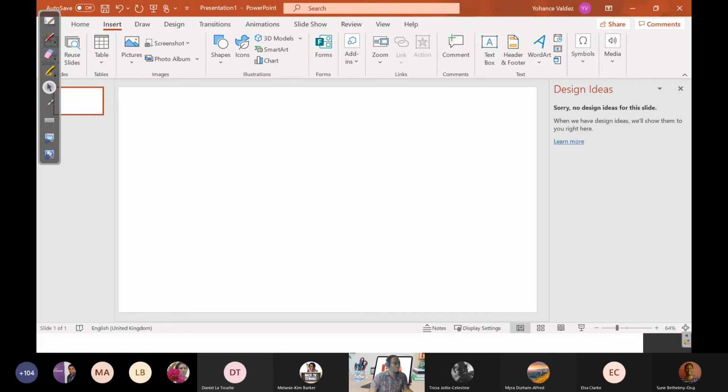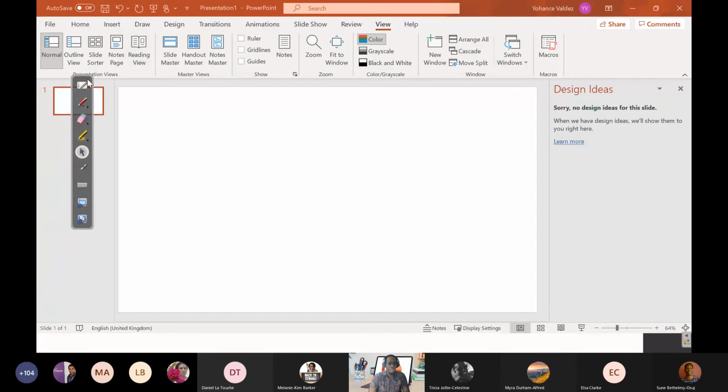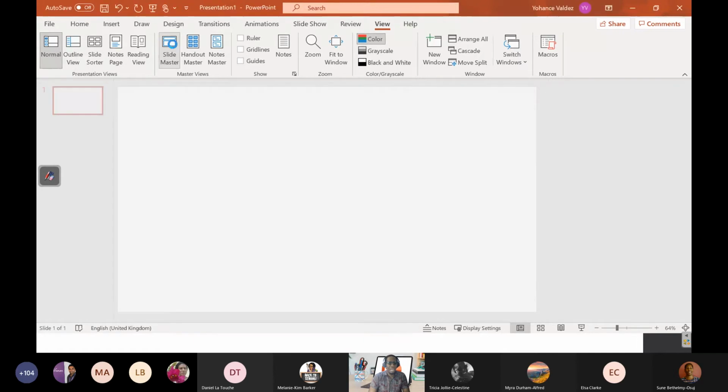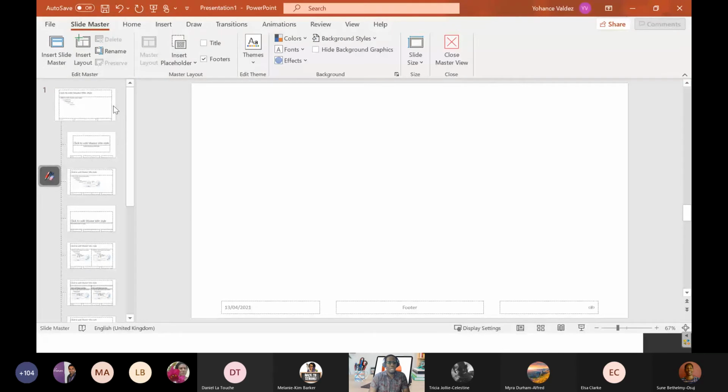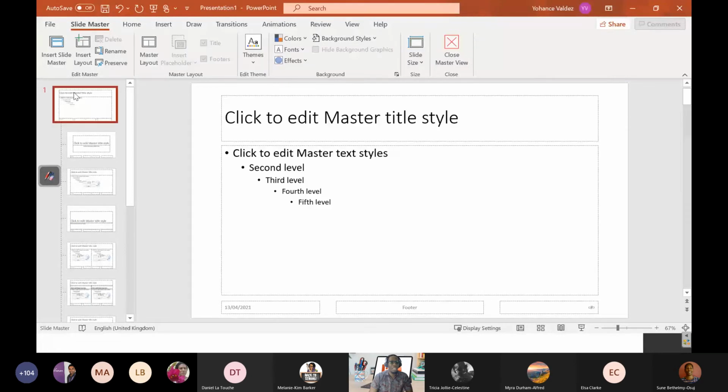So for us to be able to access the slide master, we go to the View tab and we go to Slide Master. And what this gives us is a layout of all the possible layouts that are offered in the layout menu. And if you want something that changes, say for instance, throughout your entire PowerPoint presentation,